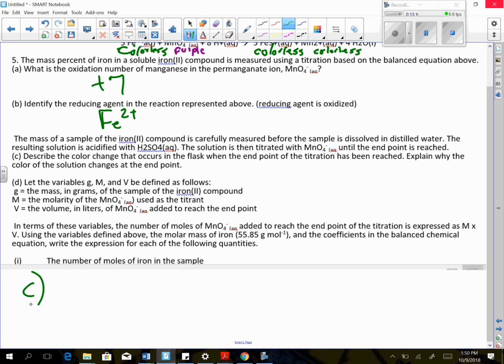So for part C, if we look at that, the purple